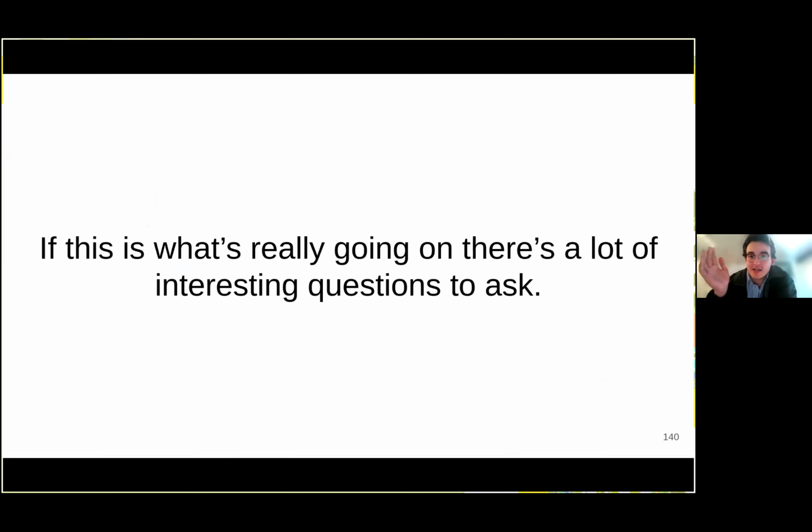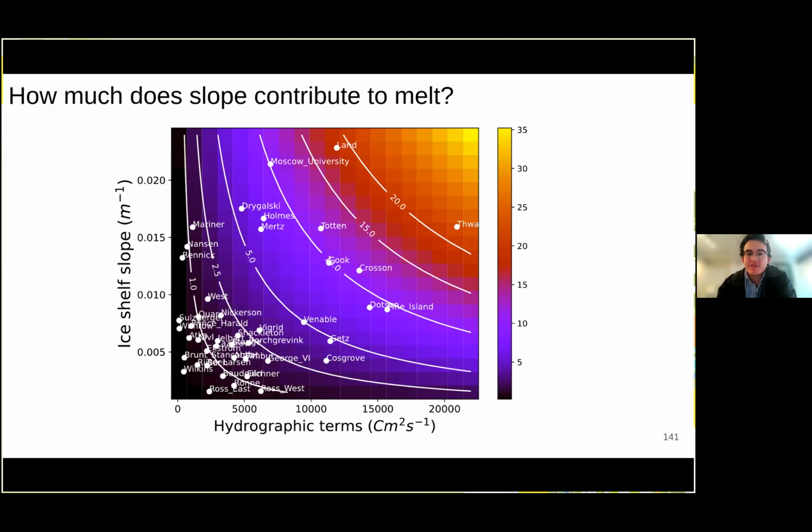And if that's going on, if this geostrophic transport is really what dominates the melt in these cavities, there's a lot of interesting questions to ask, we think. One of them is that one of the terms in our scaling argument is not like the other: the ice shelf slope. We had all these hydrographic terms, and then we had slope. And this dependence on slope says something really interesting about the susceptibility of ice shelves to increased melt with increased thermal forcing, right? So if you look at